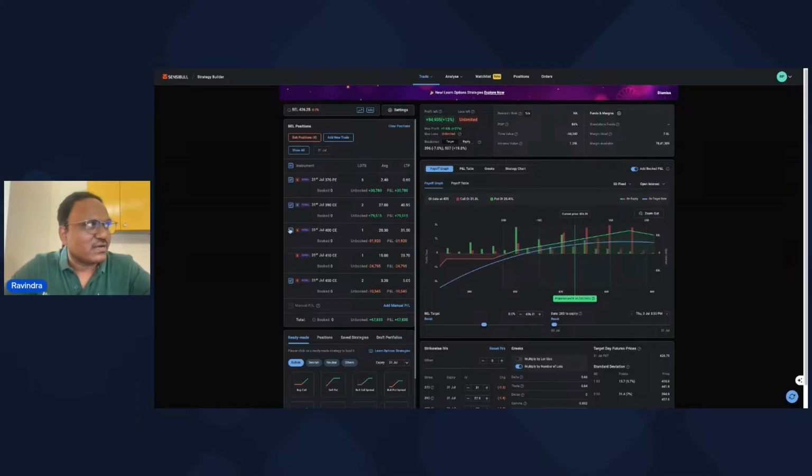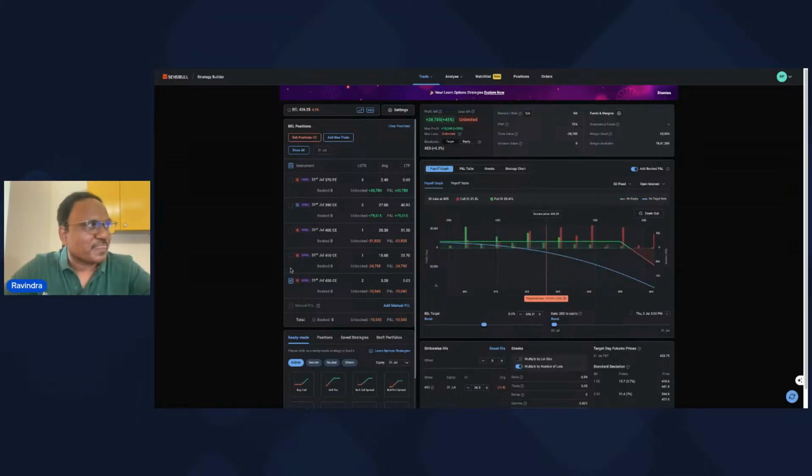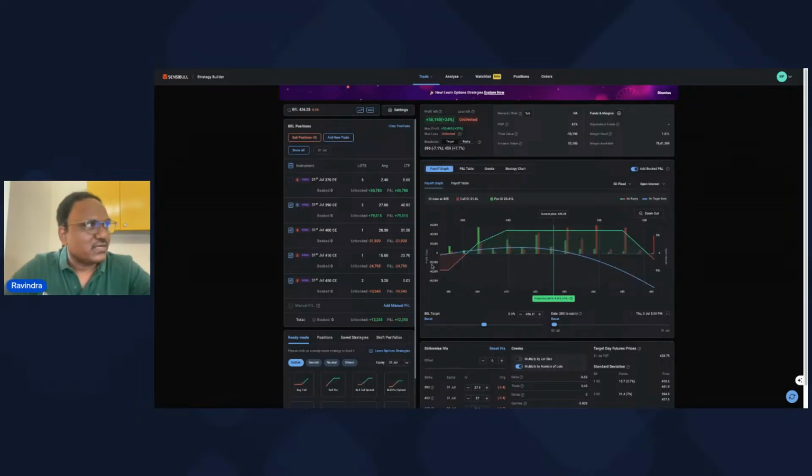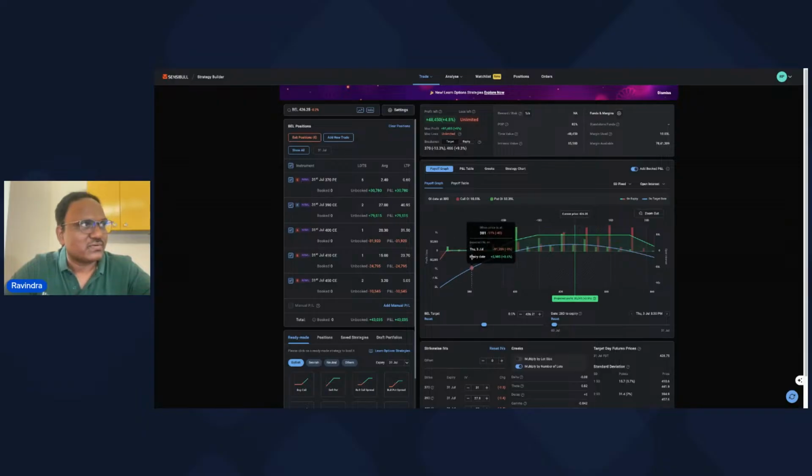As I said, first you start with where it can't reach at all, and then slowly look at where it can reach these two, and to protect these two, you buy a hedge. If it comes down, you do not want to get into too many losses, so you go and sell this. So this is one strategy which I did sometime, almost like 2 weeks. I think it gave good money so far. 2 weeks gave about 4% for a capital of about 10 lakhs. So I think 4% is okay for 2 weeks.